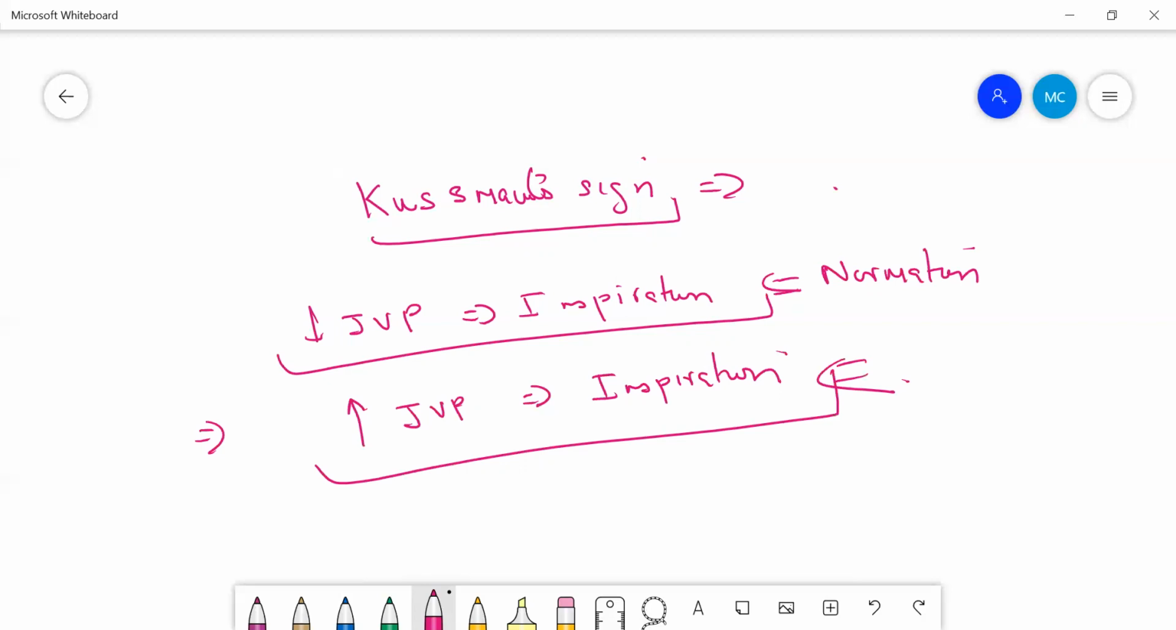So where can you find the Kussmaul sign? It is mainly seen in certain conditions. During inspiration, there is a negative intrathoracic pressure, which is mainly responsible for the decrease in JVP. What is responsible for the increase in JVP during inspiration is certain diseases, like, as I told you, constrictive pericarditis,